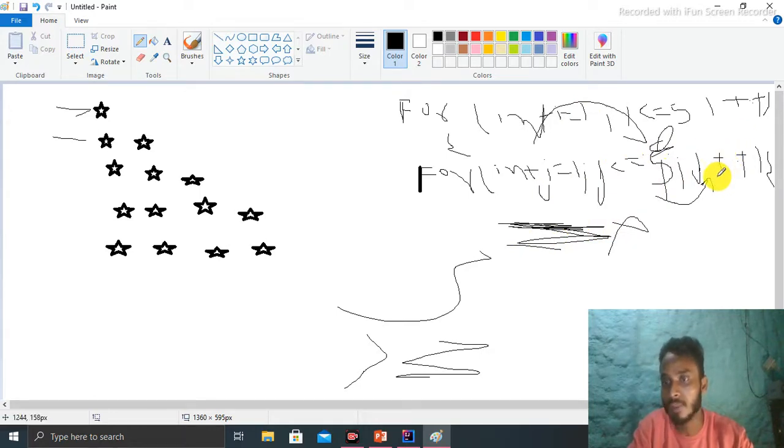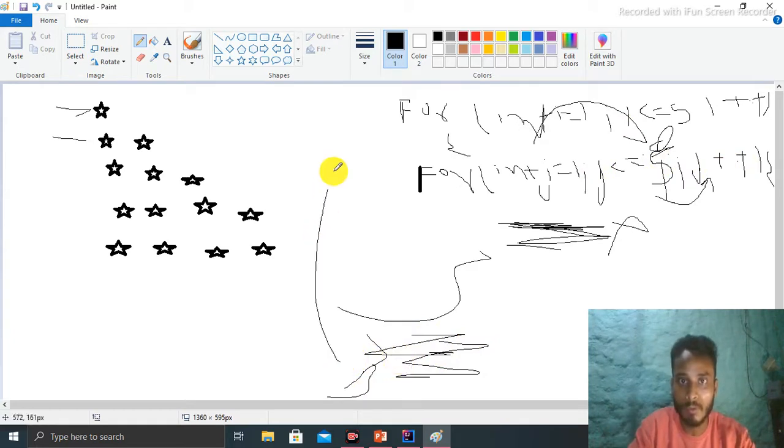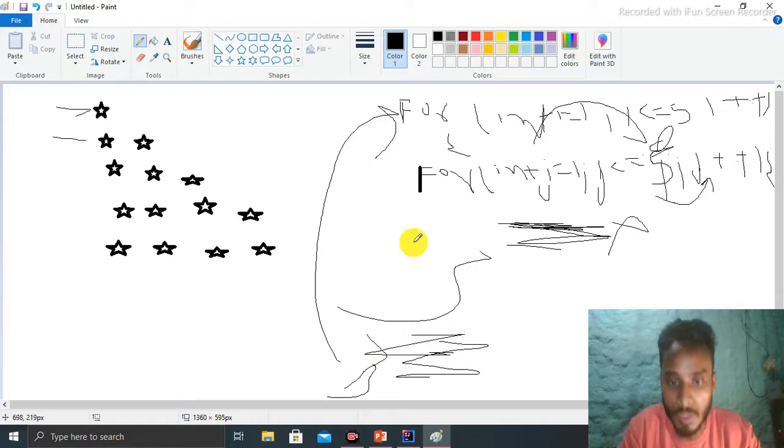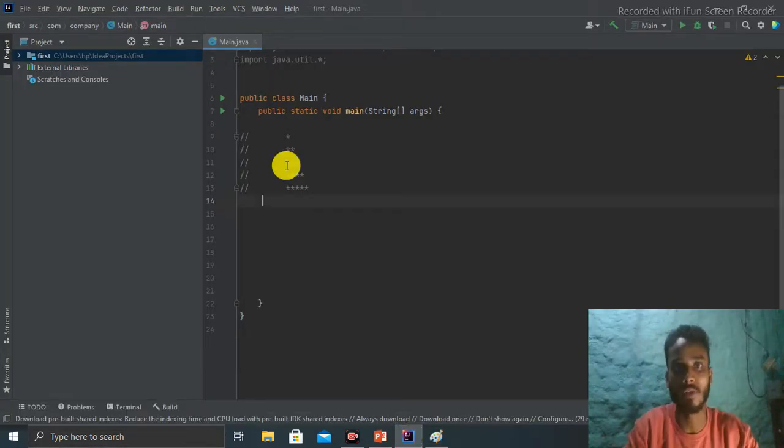Then j is 2, and 2 is less than or equal to 1? No, so it is false. Then the loop comes to the outer loop and executes, and again goes to the inner for loop. Like that is the process. So let's get started with the IDE and solve it. Our result is required like that, so let's solve this problem.